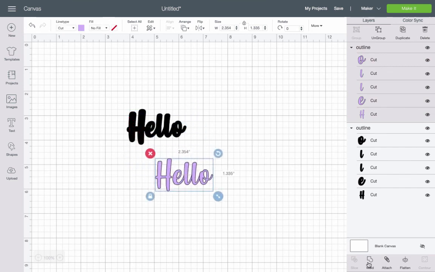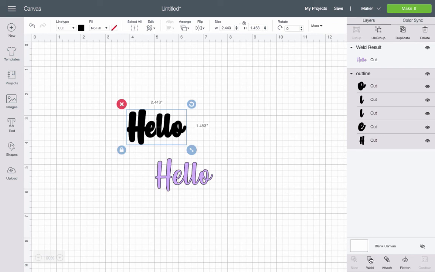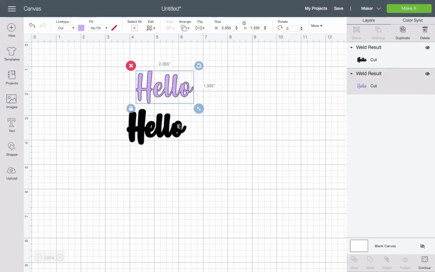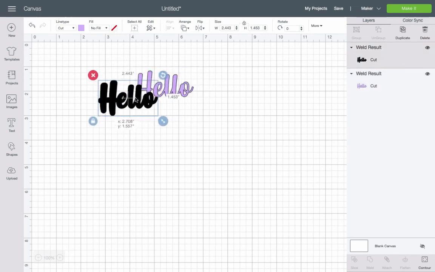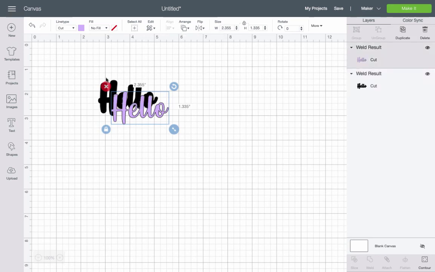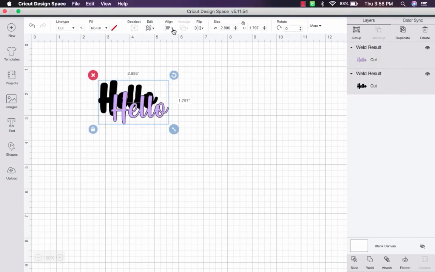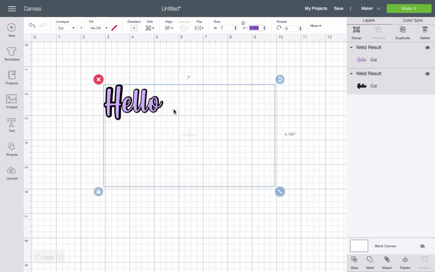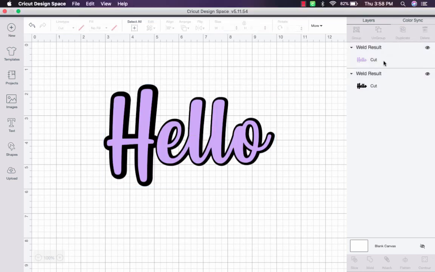And I will want to weld these together. But now I have the 2 layers that I need for a word with outlines. And I can send this to the front and I can align these so they're centered. And then the size together I can adjust to 7 inches. And so now when I go to make it,